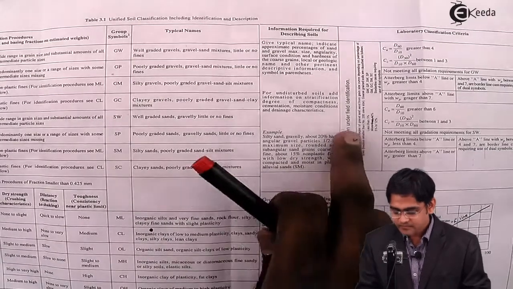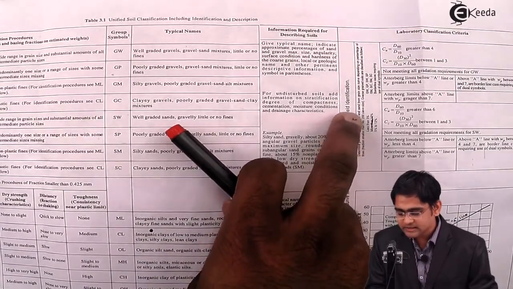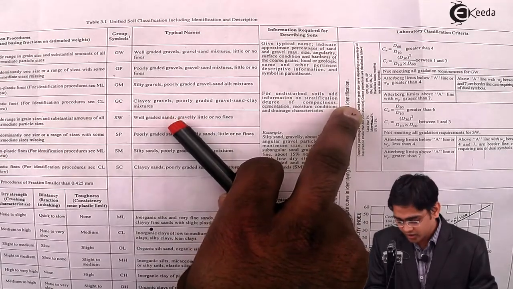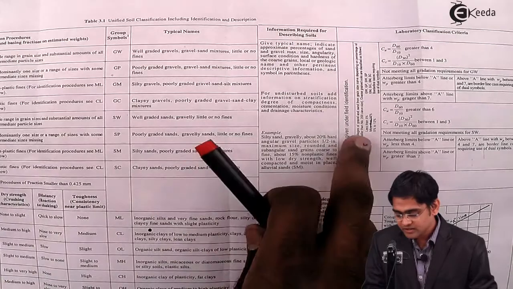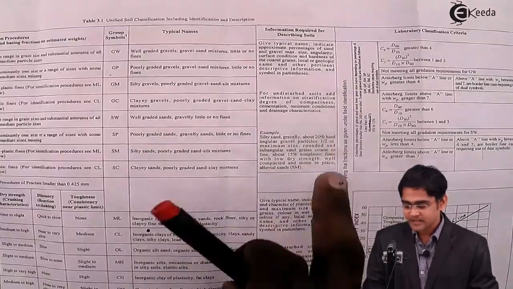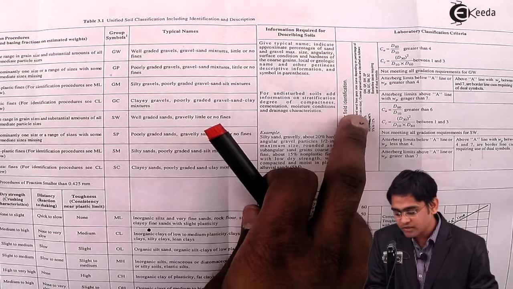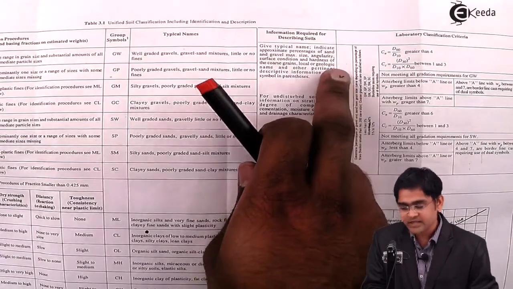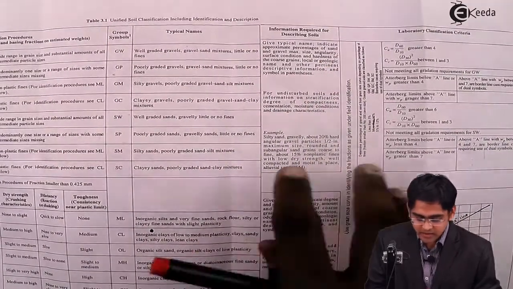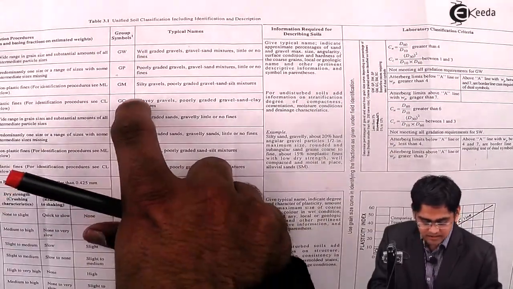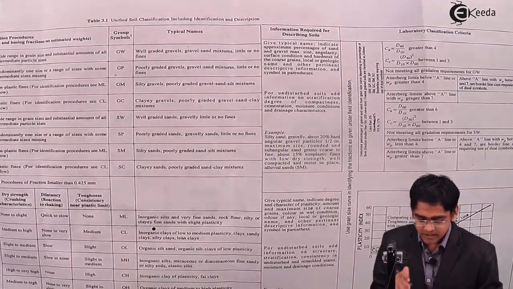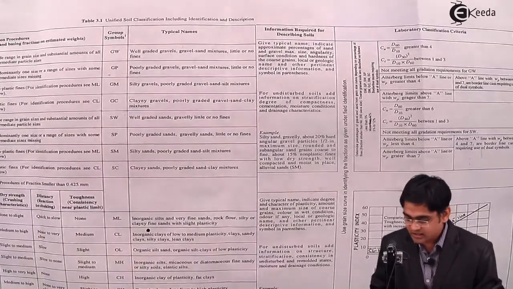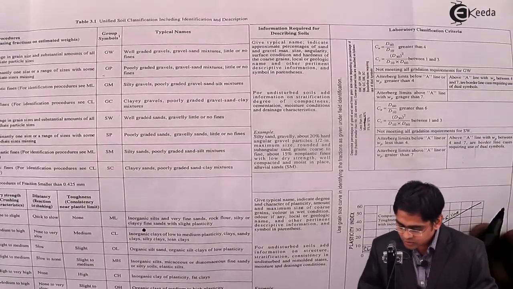If you have particle size less than 75 micron and the percentage of it is greater than 12%, that means if your soil has more than 12% of the finer fractions than 75 micron, then you may refer to it as either a clayey gravel or a silty gravel. So in order to distinguish between the clayey gravel and silty gravel, you must know